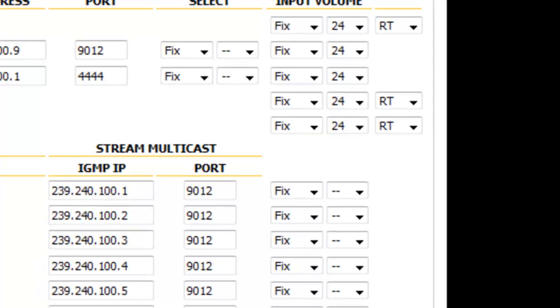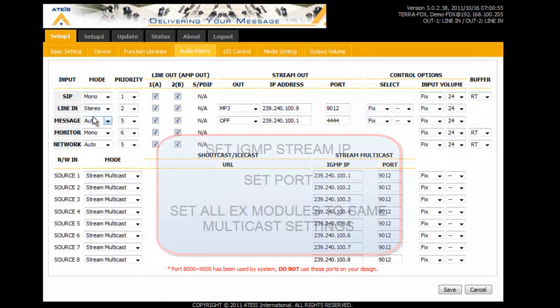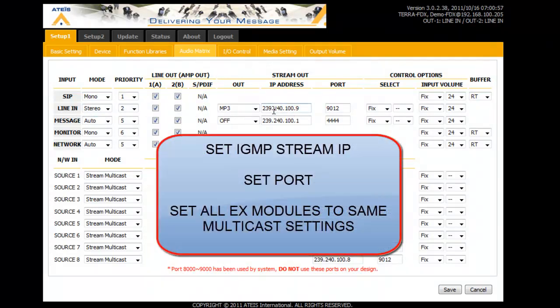It's as simple as that. All you have to do is set up your source, the streaming channel that you want to do, 239.240.100.109. Make sure it's a 239 multicast. The IT personnel probably will have to assign this to you. If they ask you what you need, that's great, because then you can leave most of the stuff at default. Just worry about this and the port, but just tell them the multicast IP you need and the port that needs to be open, or they'll tell you what to use.